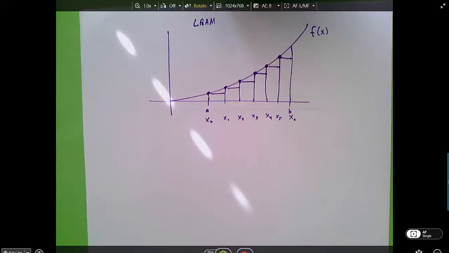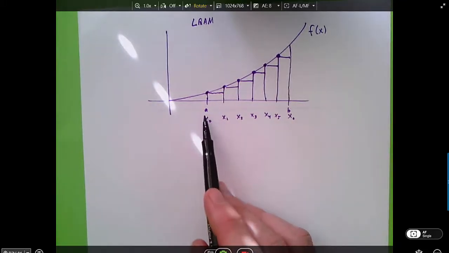Everyone. Before we program the left rectangular approximation method in Python, let's go over the steps carefully and completely in general so that we'll know what the algorithm is supposed to be. If you're not used to making algorithms, this is a helpful technique. It's to do it yourself and then notice what steps you're doing, because that's what you want to tell the computer to do. So, let's pretend we have some arbitrary function f, and we're going to find the area under